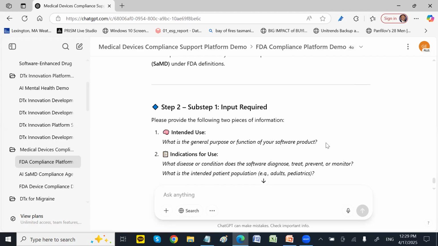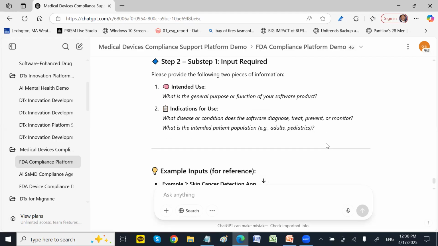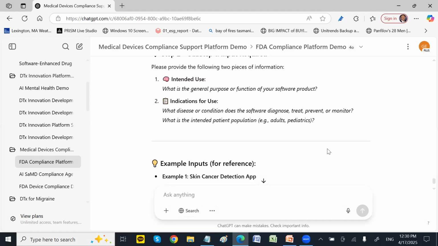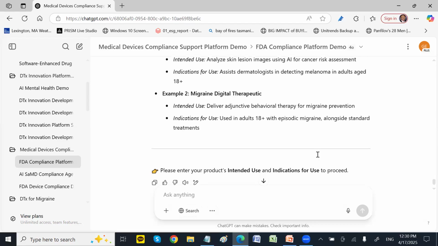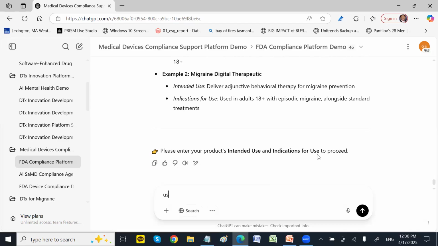If you visit the FDA site, they expect some input, such as the intended use and indications for use. My agent helps you: you provide a description, and it gives you the legal terms for your device's intended use and indications for use. So it gives you an example.